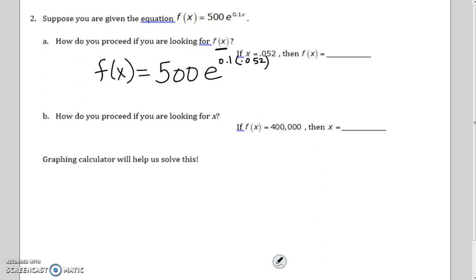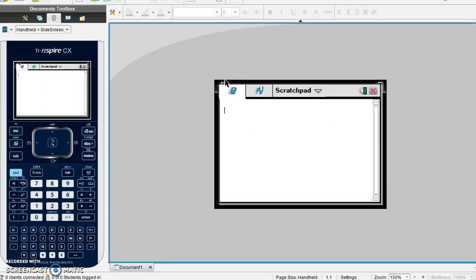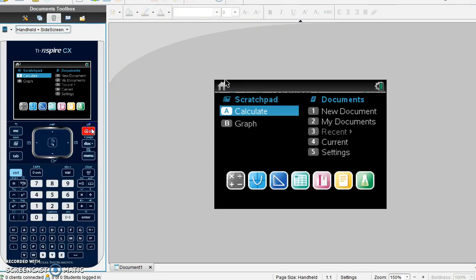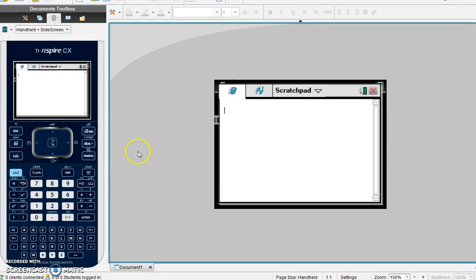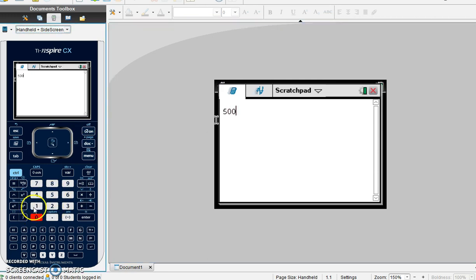So I'm going to go over to my calculator, and I'm going to input my information here. If you pull up your calculator, if you're on the home screen, we're going to go to a calculator page. I'm just going to type in my information. So I've got 500. Now your E button is down here. It's E to the X. I'm going to click that, and then I put in my information. So it was 0.1